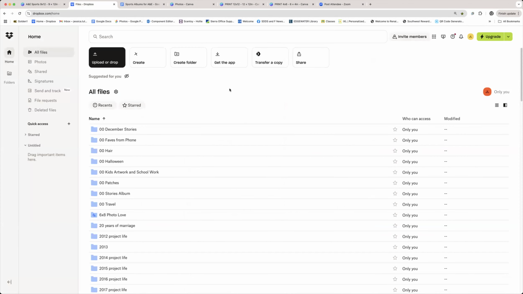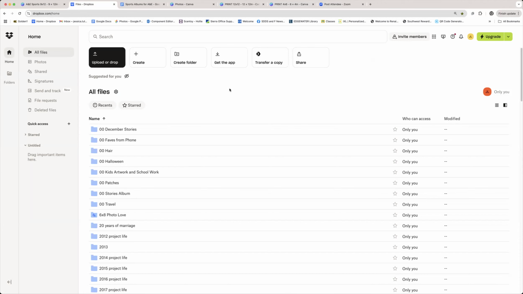Yeah. So this is how I collect my words. How I collect my photos is I use Dropbox. So Dropbox is an app that you can put on your phone. You can also access it on all these devices. Dropbox can also be accessed in Canva. So you can have your Canva file open and you can go to apps and link up to your Dropbox account and then pull your photos straight in from there without having to download them ahead of time to Canva. There are some little annoying things that continue to happen to me when I do that from Dropbox, and I will kind of try to show that to you and give you my workaround.